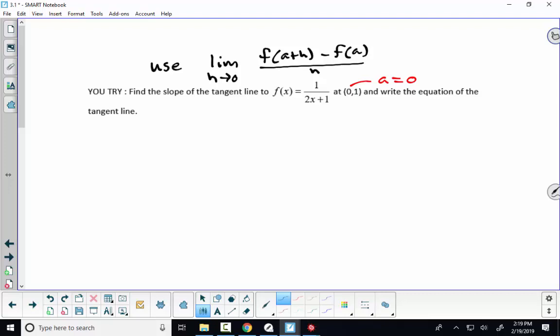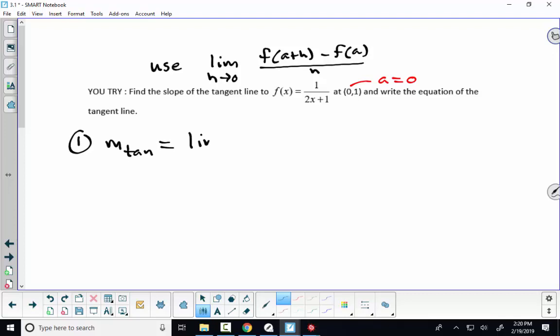Honestly, I would use this one because as we practice this one, it gives us a better feel for the definition of a derivative, which we'll see after this. This alternative definition is more in line with that of the derivative. So the slope of the tangent line,